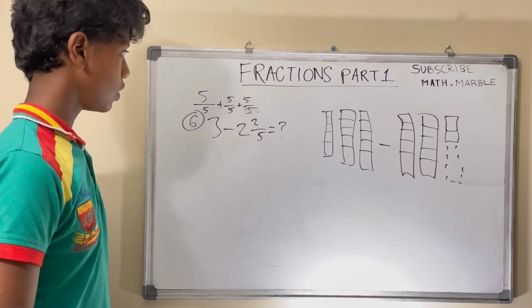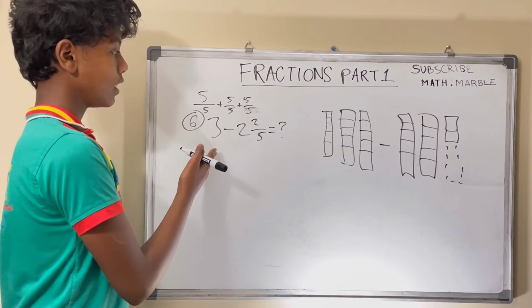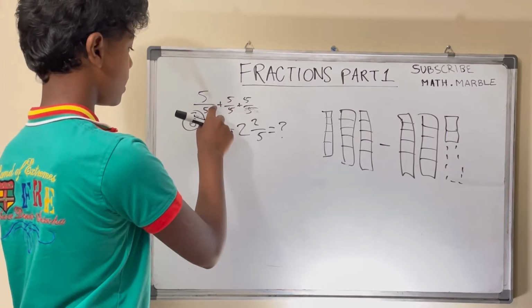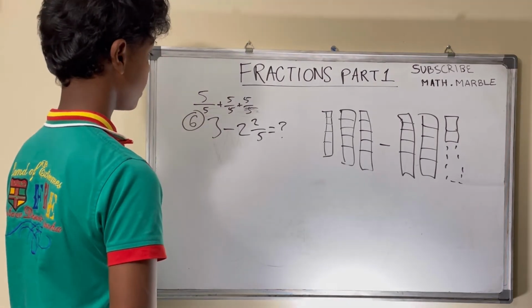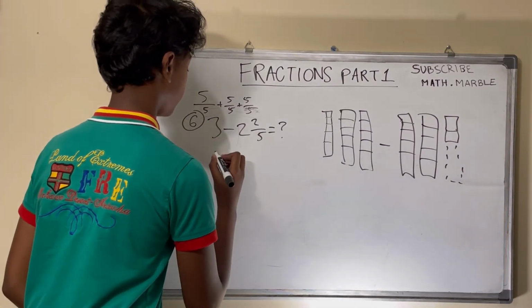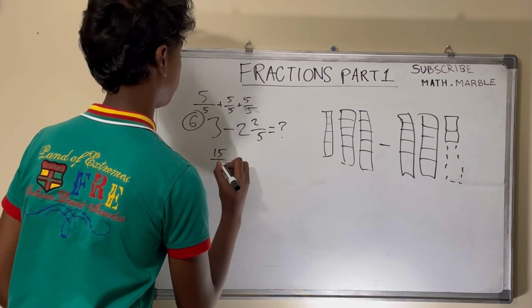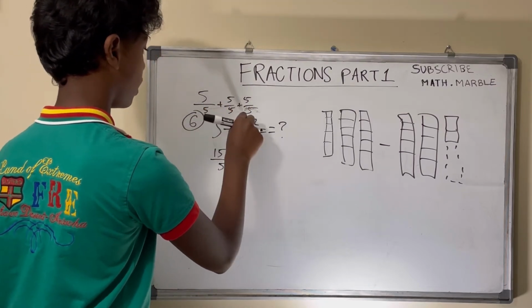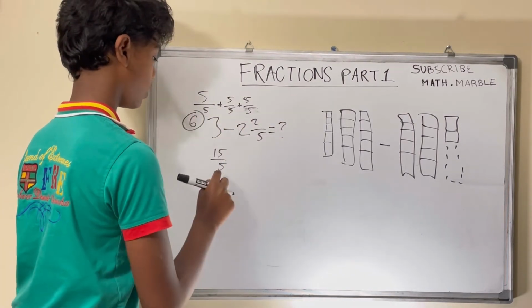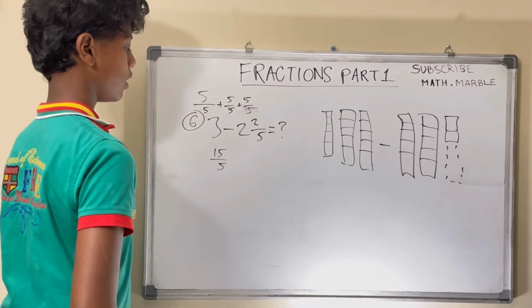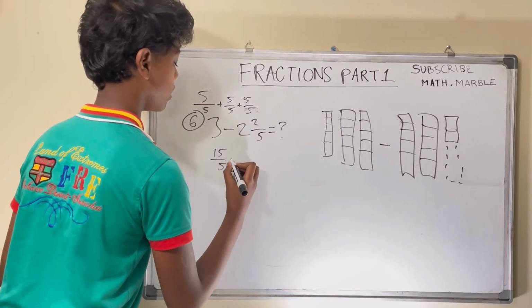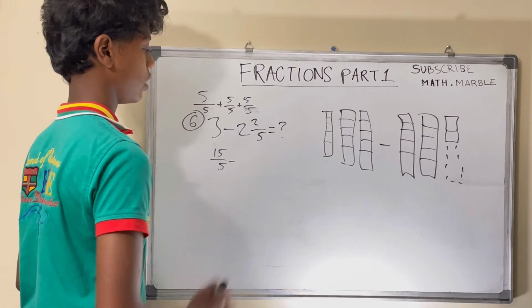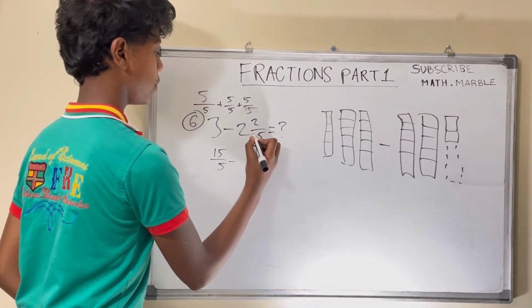Now all we have to do, we can imagine this as this, right? So 3 is the same as saying 15 over 5. 5 plus 5 plus 5. Our denominator always stays the same. Our denominator is 5. Now we might subtract the mixed number. So 5 times 2